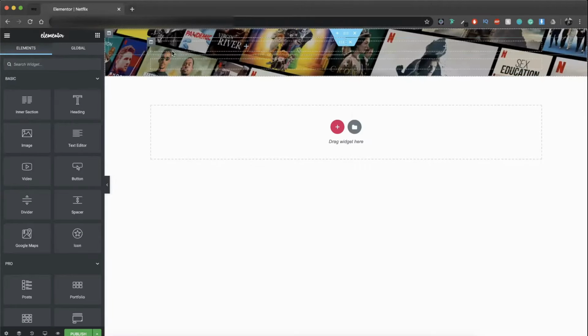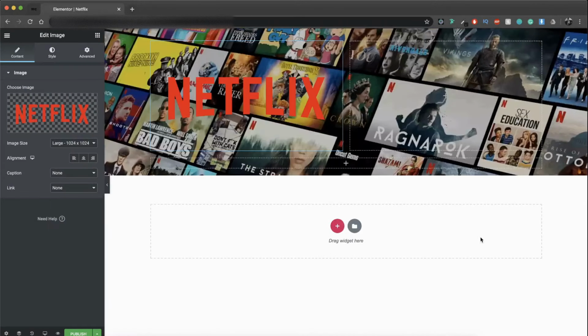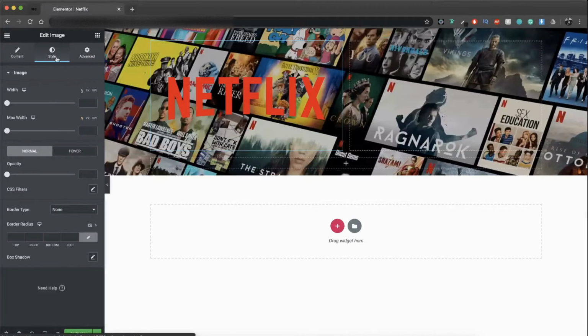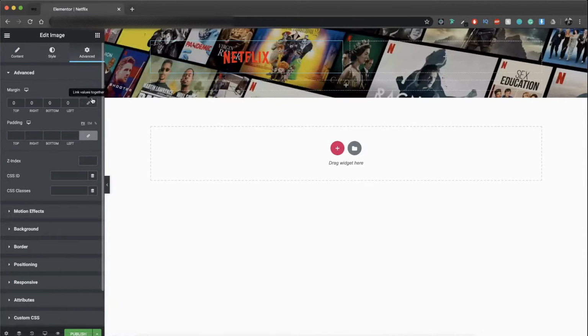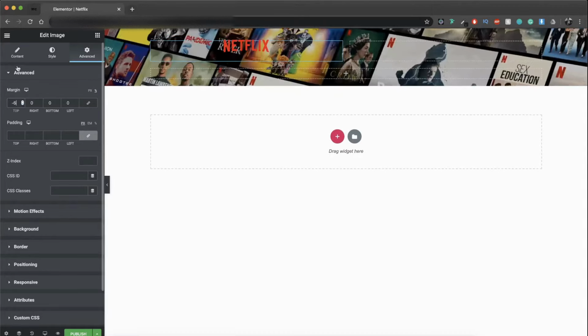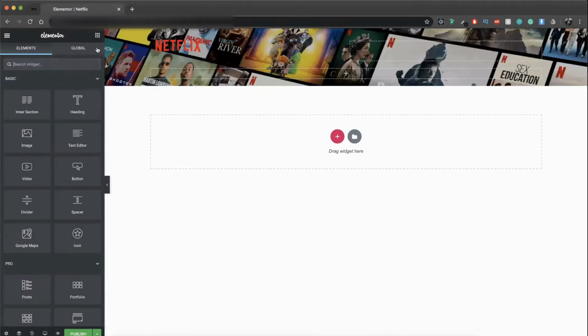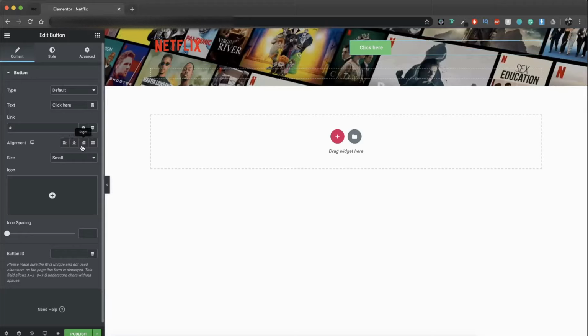Nice. Now we're going to add the Netflix logo. Right, so we are going to give this image a max width of 29, and we're also going to remove 6% of top padding and also align it to the left as well. So now let's create the sign in button. Let's align this button to the right. Let's give it the name sign in,